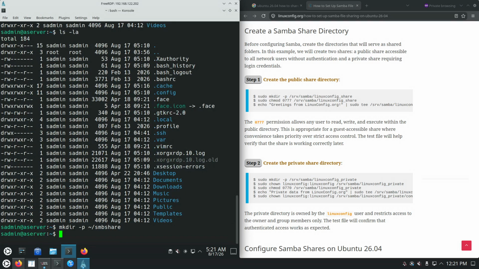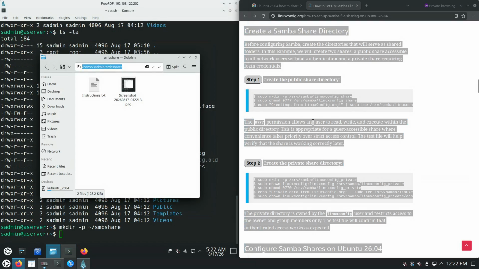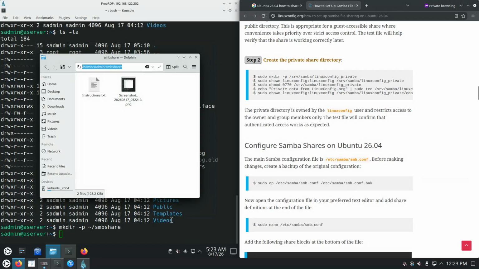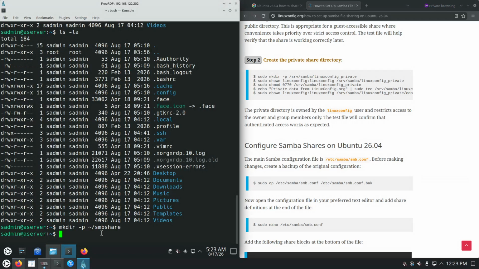I'm going to put 3 files in there. So I have put the content of the instructions file in a text file, and then I have created a screenshot of the desktop. So we have 2 files in the directory ~/smb-share, and we want to expose this one to users that know the user and password of this user, which is named sadmin. So now that we have the directory, we can try to create the